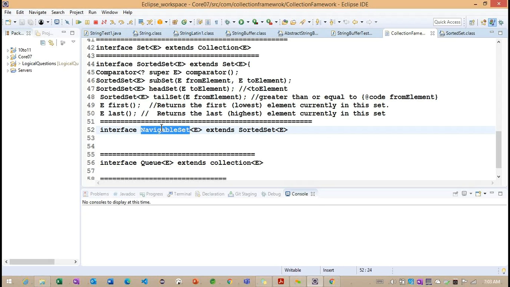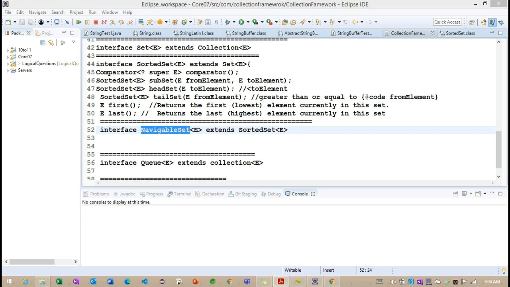Whenever we access sorted set information as well as collection information, why is this navigable set introduced? The purpose of the navigable set is that if we want to retrieve an element based on some conditions, we can go for the navigable set.